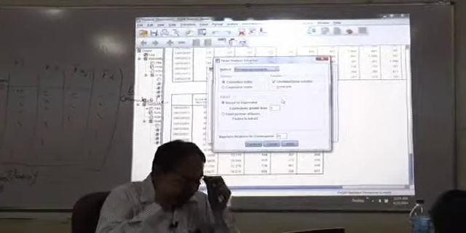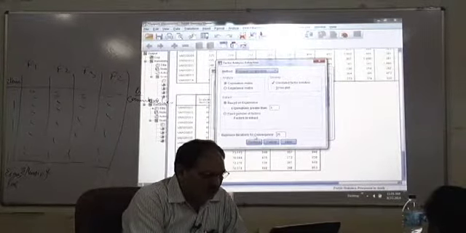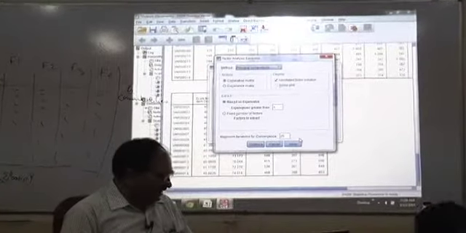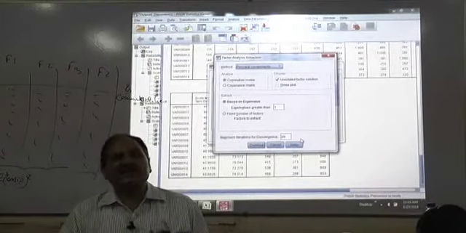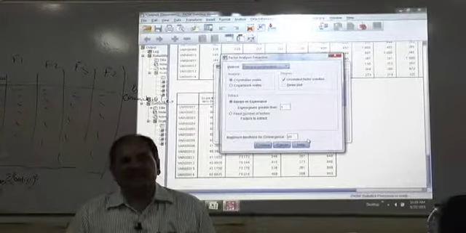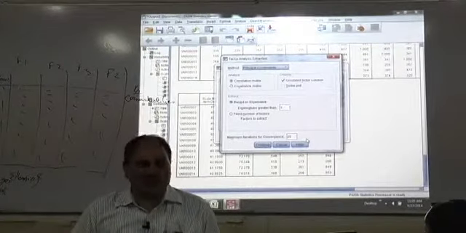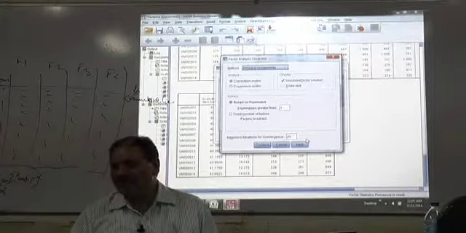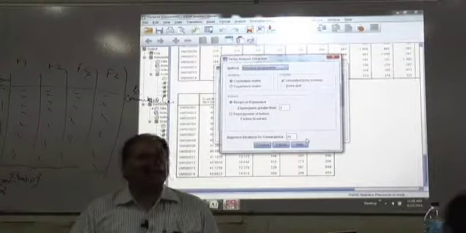So we will use eigenvalue greater than 1. Now, you find maximum iterations for convergence. Right now, 25 is entered in this. Now, 25 is good enough for a questionnaire that has up to 25 statements, and for a sample size of 300-400. But if you have a larger questionnaire and a larger number of respondents, you might need a higher number of iterations. You have the freedom to change it. So instead of 25, you might select 100.